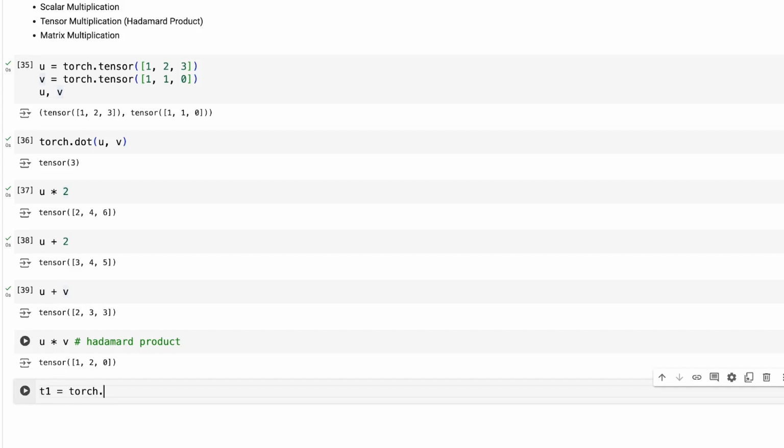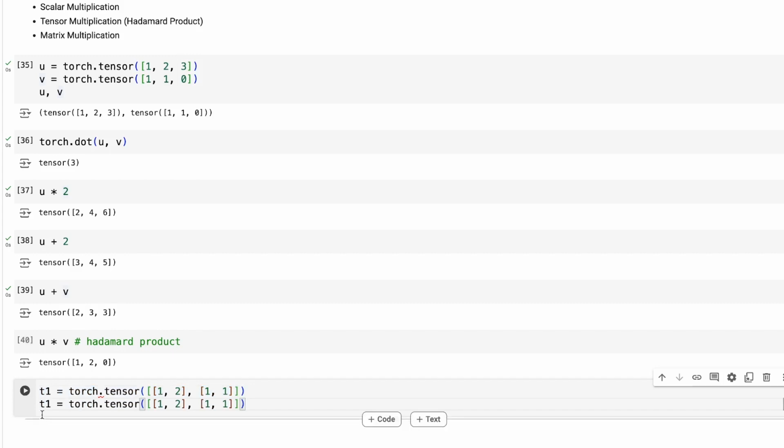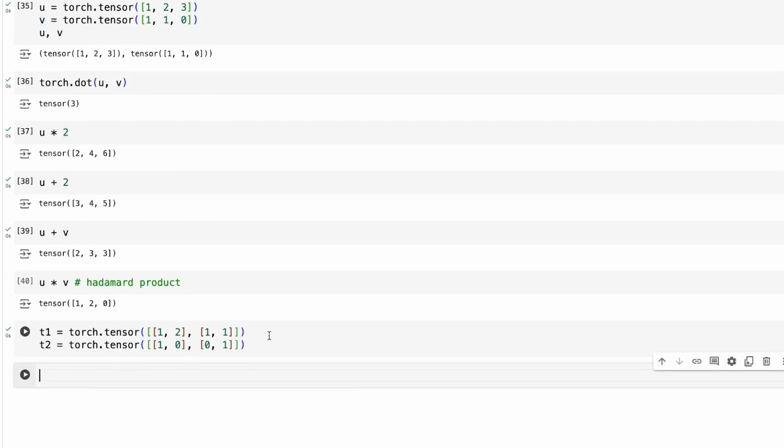precise here. Okay. torch.tensor. Let's create a two-dimensional tensor with values as 1, 2 and 1, 1. Okay. So now I'm creating another tensor object called T2. This time around, I'm just providing 1, 0 in row 1 and 0, 1 in row 2. My matrix T1 is 1, 2, 1, 1, and my matrix T2 here is going to be 1, 0 and